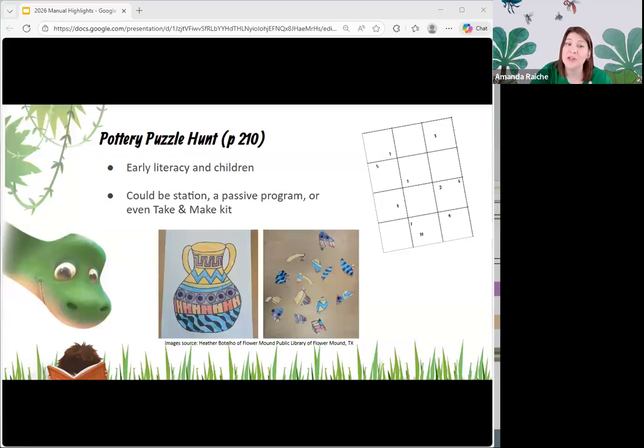After the children have colored and cut up their pottery, a library staff person can spread the pieces out in different squares of the grid. Then the participants can either search for their own pot or someone else's, you can decide that, and they can work to find every piece that was hidden. After finding all the pieces, the children can then tape or glue the pieces of their pottery together on a